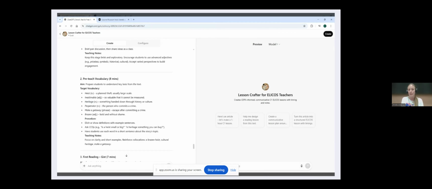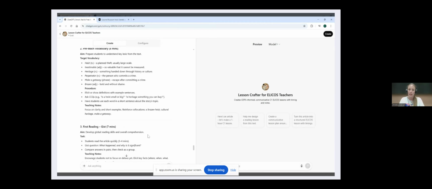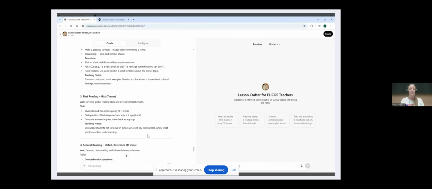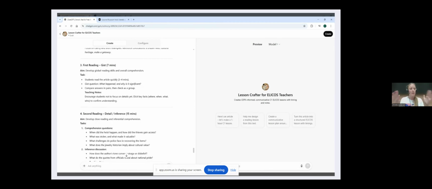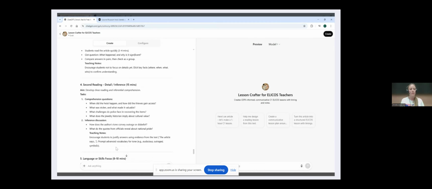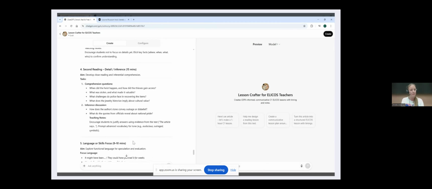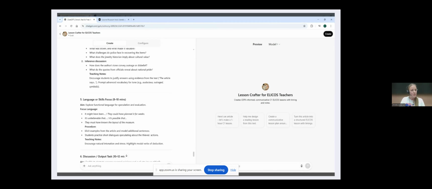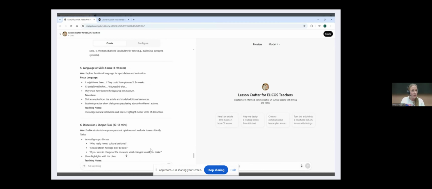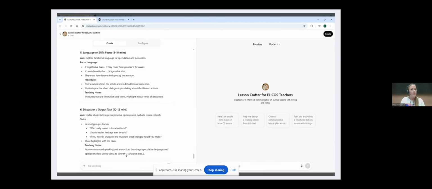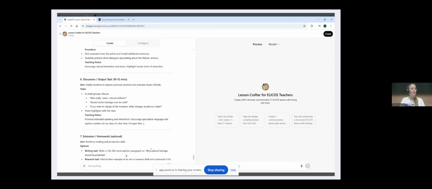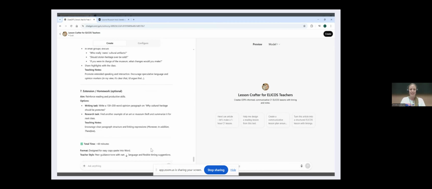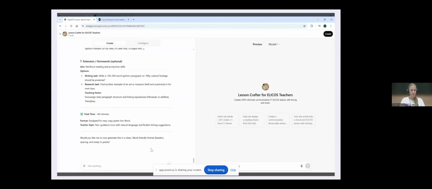If I wanted to go next level and I wanted to say, can you build me a gap fill, or can you build me a matching exercise, it could do that. But what it's doing is it's building me my lesson plan based on the sequencing that I've provided. We've got the reading for detail, great. We've got some suggested focus language around speculation. Nice. And then we've got discussion. And then we've got some homework even because I said to it, yep, please do give me some extension.